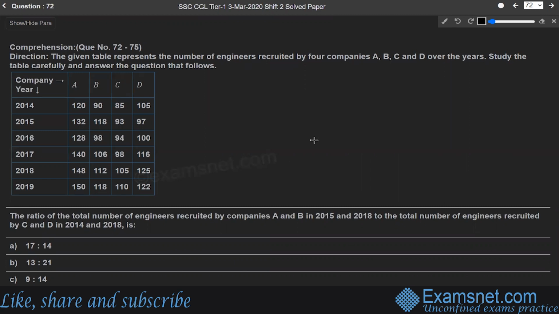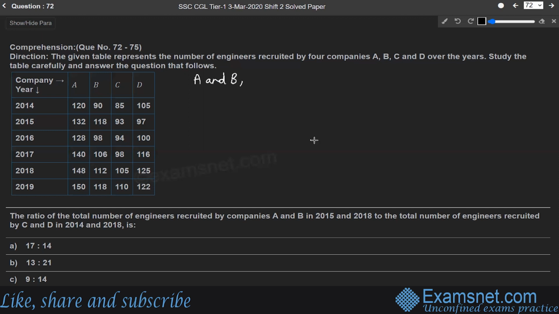from 2014 to 2019. The first part of the question is the ratio of the total number of engineers recruited by companies A and B in the year 2015 and 2018 to the total number of engineers recruited by C and D in 2014 and 2018. Firstly, let us find the total number of engineers recruited by companies A and B in the year 2015 and 2018. Okay. So for companies A and B,